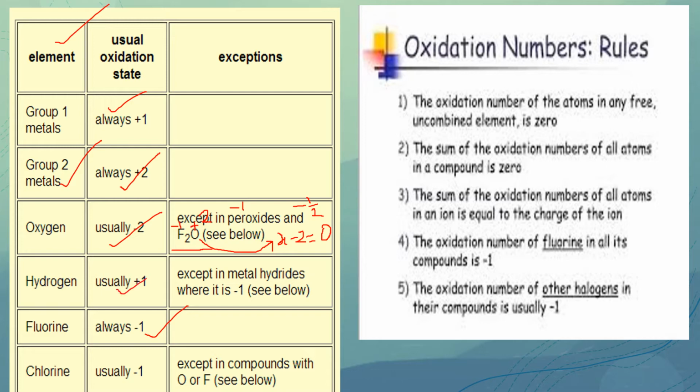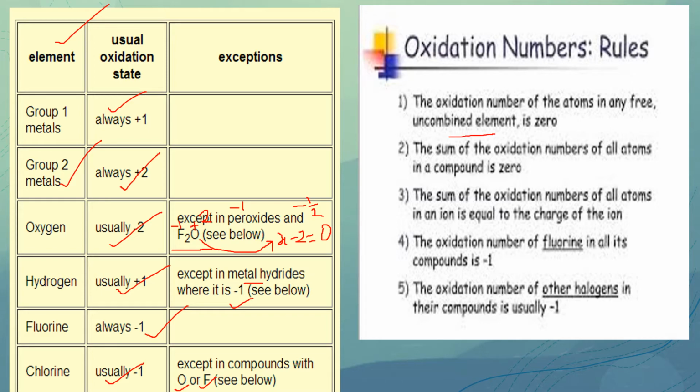Hydrogen usually has +1, except when it is bonded to metals like in NaH, which we saw. There it will be -1 always. Chlorine usually has -1, but in compounds with oxygen or fluorine, because they are more electronegative than chlorine, it will have a positive oxidation state. And there are some rules: the oxidation number of atoms in any free or uncombined element